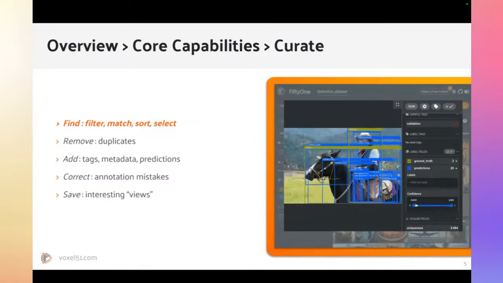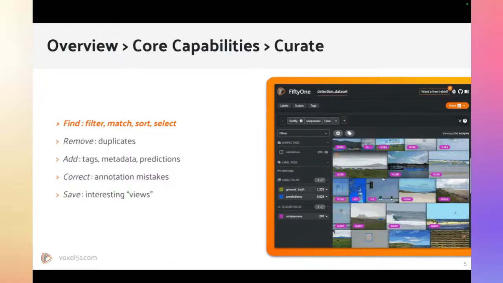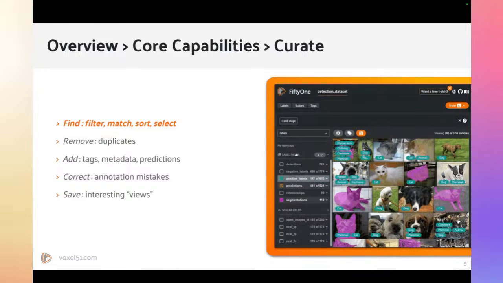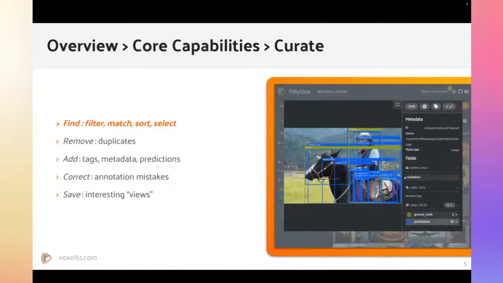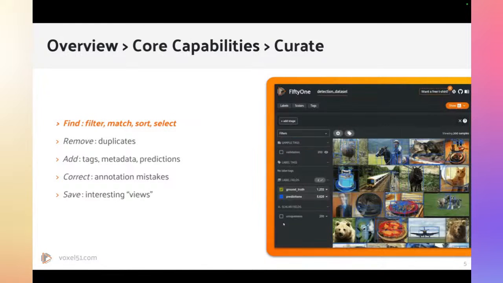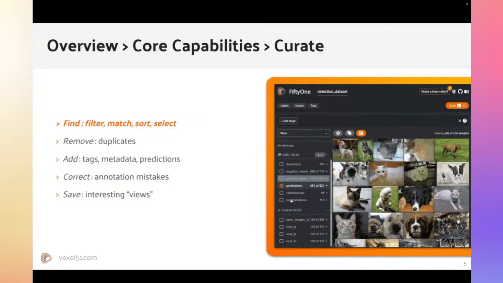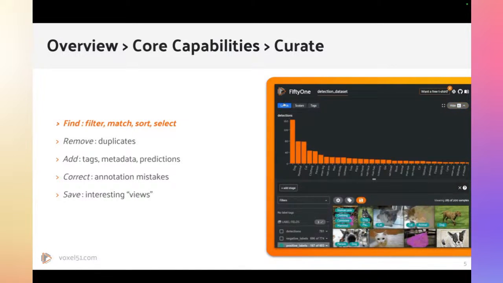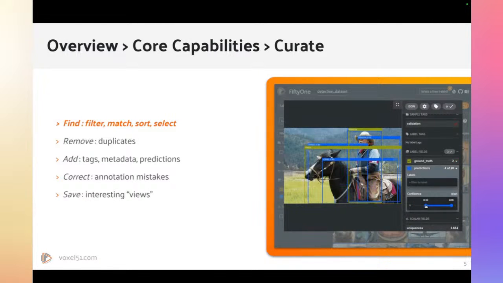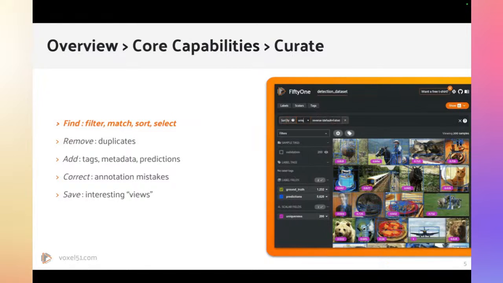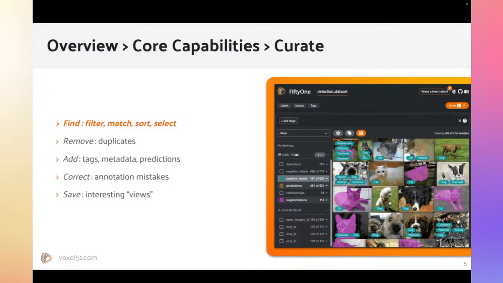So we're going to actually get into code and visualizing and using the FiftyOne app directly in a moment. But before I do so, let me show you a couple of highlights, an overview of what FiftyOne actually does. It allows you to filter, match, sort, and select your data, basically to curate, to find subsets of interest. So here we're looking at a detection dataset. In this case, I believe it is a subset of the Microsoft MS COCO dataset. And instead of having to look through a file explorer, you can actually browse and scroll through all these samples.